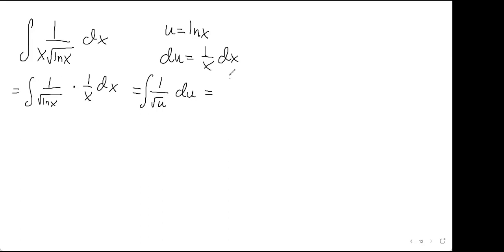For integration purposes, let's write that with a negative exponent, and then use the power rule. So increase negative 1/2 to positive 1/2, divide by that new exponent, dividing by 1/2 gives us 2. So this is 2 times the square root of u, which is 2 square root natural log of x